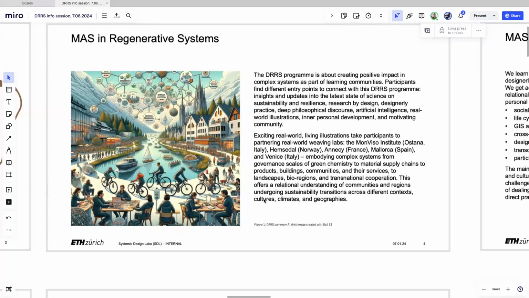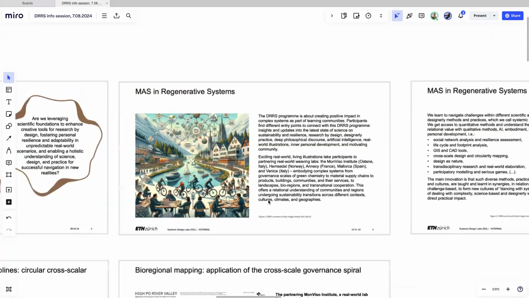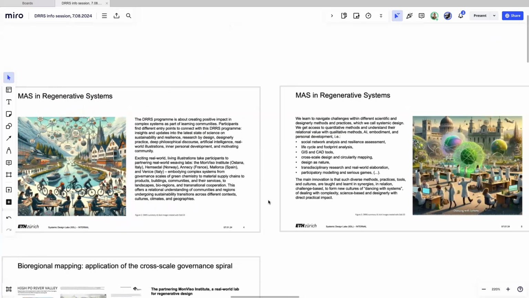We are not only visiting, but we are engaging in different place-specific regions. We call them real-world labs, or with the newest language, even living systems labs, where we are part of long-term developments in our field design trips. So it's a lot of practice and reality and unpredictability involved, in addition to, of course, theories, philosophies, and deep discourse.